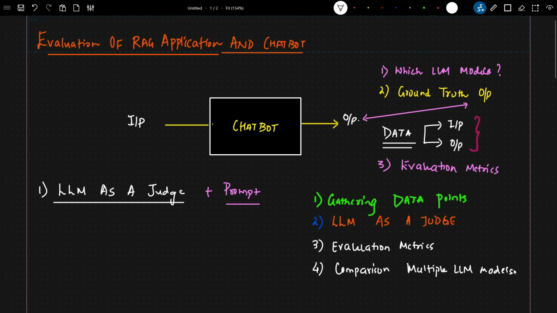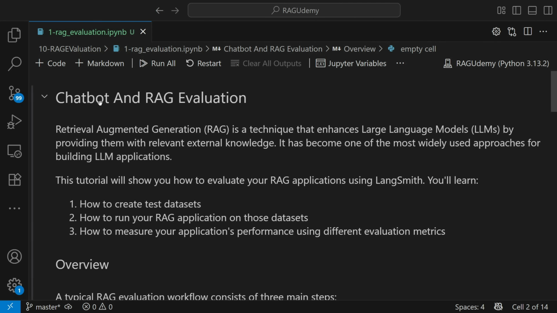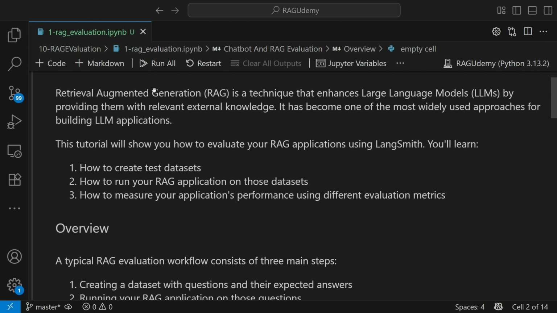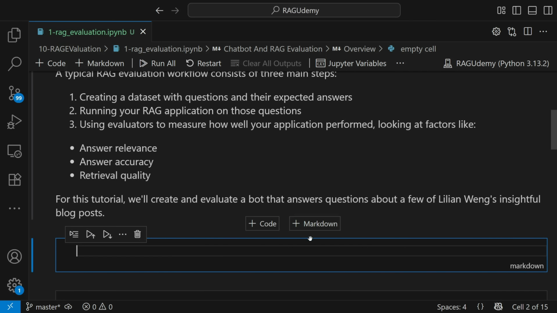Okay. So these are the steps that we are going to do. And for this, we are going to use Langsmith. Now, why am I using Langsmith? Because we will be able to do the entire tracking in the LangGraph cloud or in the Langsmith cloud itself. So let's go ahead and do this step by step and see how these things can be implemented. Here you can see chatbot and RAG evaluation. I've just put some definition for RAG, you can go ahead and read it. So first of all, I will write chatbot